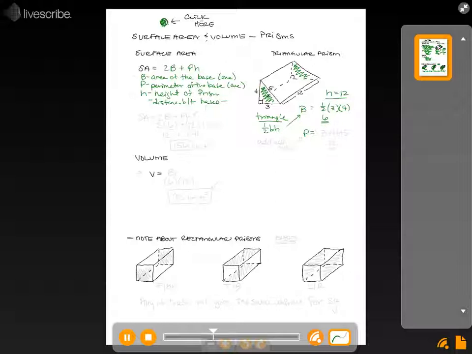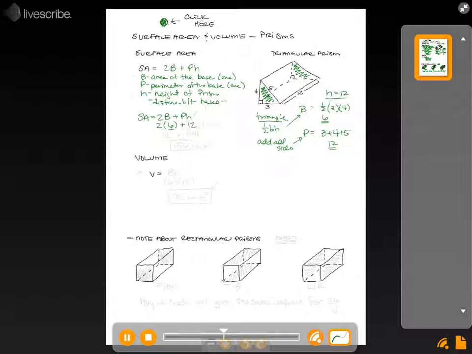The perimeter of the base is all sides added together. Add all sides. So we have a 3, a 4, and a 5. We add those together. 3 plus 4 is 7, plus 5 is 12. So there's our perimeter. And that's all we have to do once we figure those out. When we figure those out, we go back and we plug them in our formula. Remember our formula. Surface area equals 2B plus Ph. Well, 2 times B, which we found to be 6,